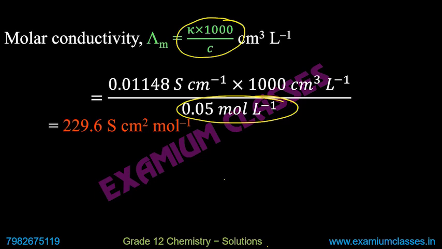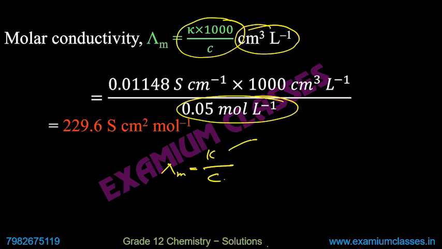But the unit of molar conductivity will come in centimeter cube per liter. So that is something you need to be cautious about. Otherwise, if you want to avoid confusion, use lambda m equals kappa by C, where